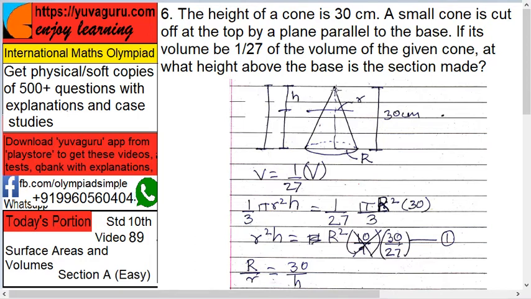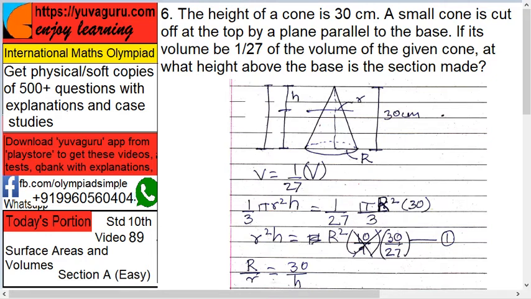And I take a knife and cut it from here. Now the volume of this upper part is 1/27th of the total volume. Now I want to find what is the h from top. Okay, this is what we have to find. In fact, above the base is asked, so this h is not asked, this remaining height is asked. Anyways, if you find one, the other is simple.